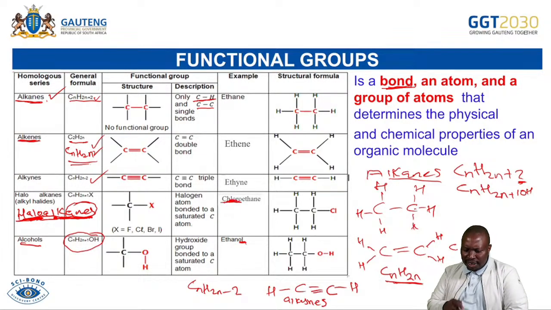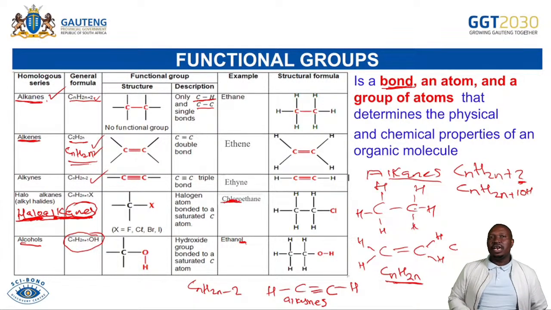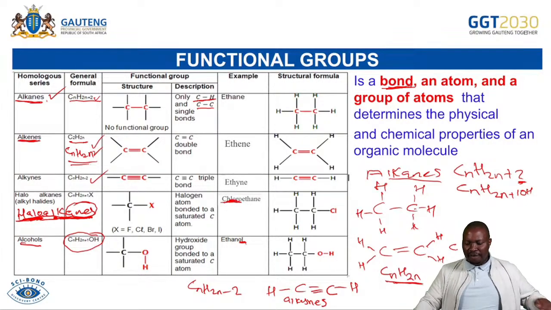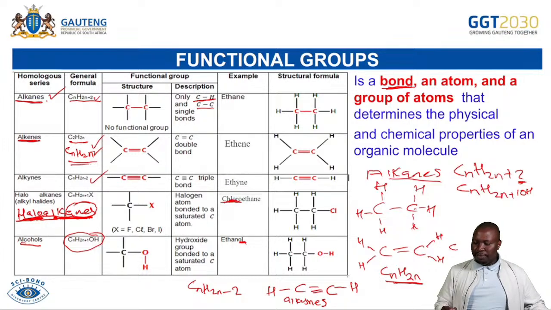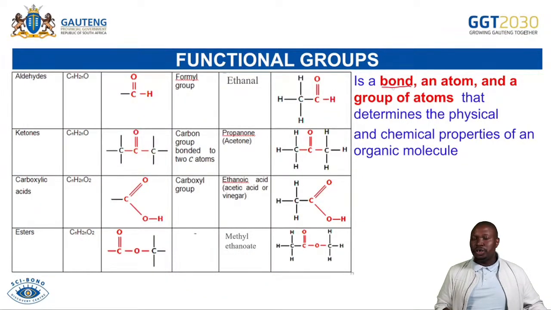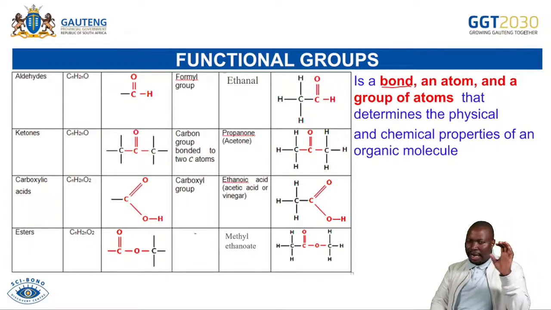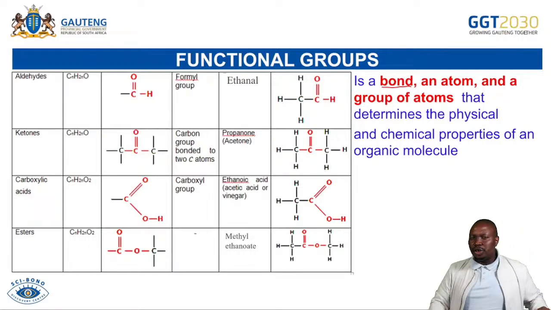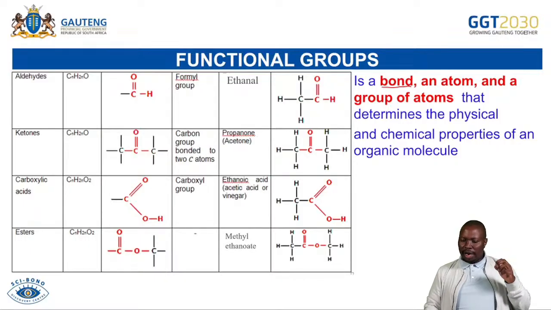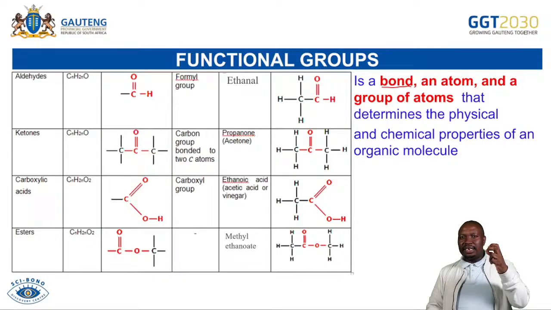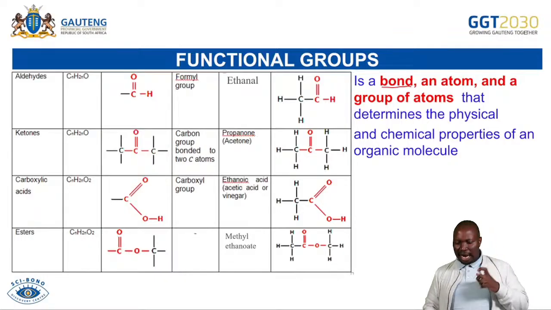Now, these are the functional groups that we have, and then we can move to other functional groups as well. Now, the ones on this page, remember, we said a functional group is a bond, and we have shown that with alkanes, alkenes, and alkynes. The bond can show us a double bond, hence it can show us a functional group. Hence a carbon-carbon double bond is alkenes, a carbon-carbon triple bond is alkynes.